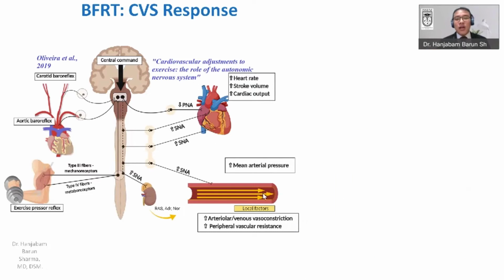Next, going to BFR and the cardiovascular response. You have to understand the basic physiology. Why is understanding important? Because if you understand the basic physiological response to BFR, you will be able to better judge whether a particular candidate or client is suitable for BFR or not, whether there is some contraindication to BFR or not, whether you have to take certain cautions or not, because BFR will definitely increase heart rate